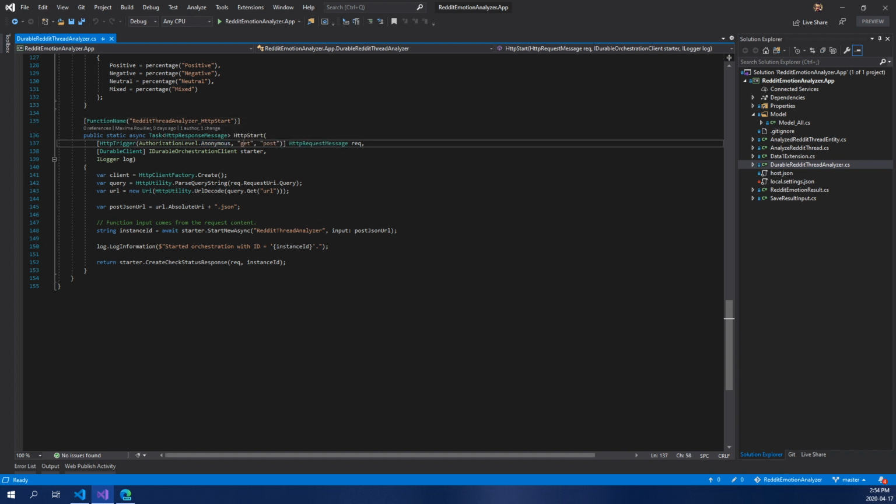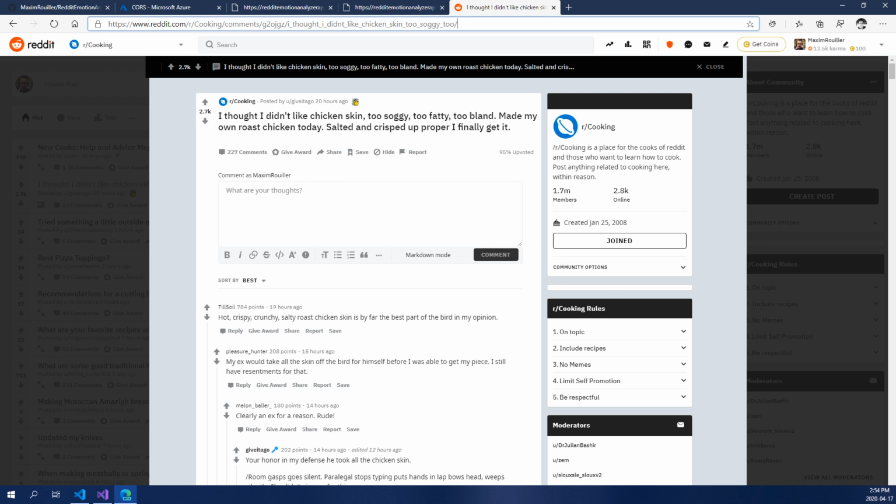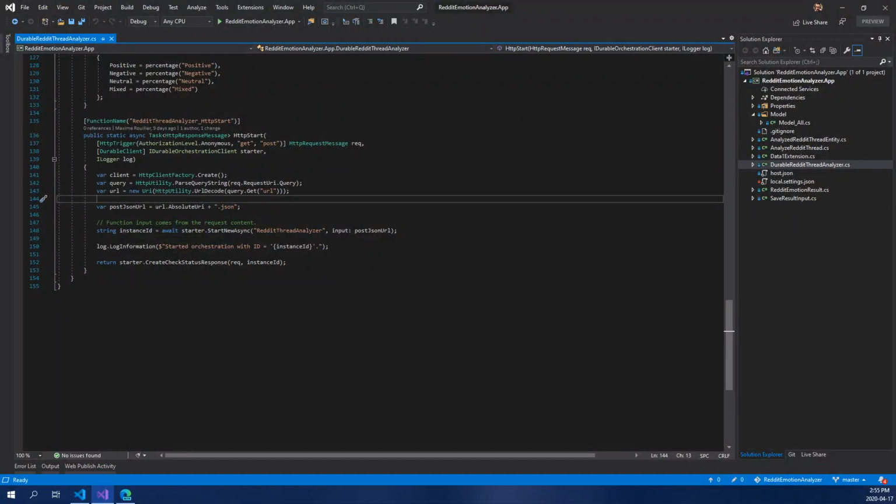It will be anonymous. There's get, there's post, but most of all, it will retrieve the URL from the query string, and it will just add .json to the end of it. So let's do a test. If I take this one here, any URL, and I just add .json, we will have this massive file. So this is what I'm analyzing right now. There's a lot of information in here, like how many downvotes, is this subreddit public, what are the colors, is it hidden, there's so much stuff in there. So I'm not interested in all of this, but I'm interested in a lot of information in there, including the